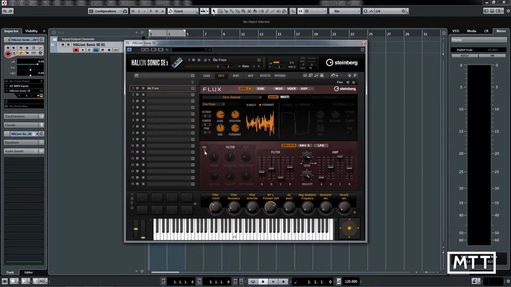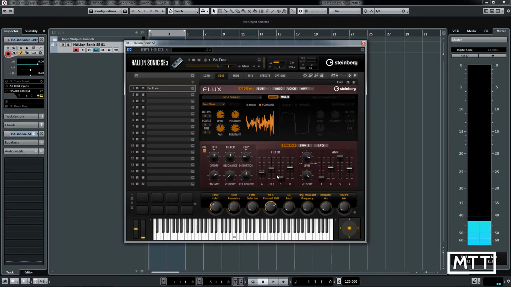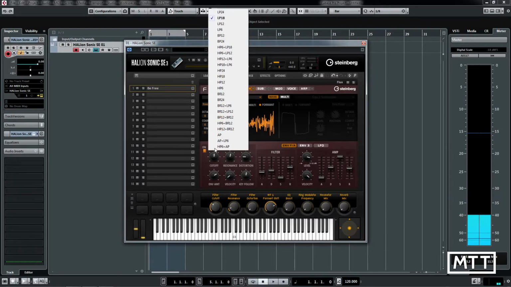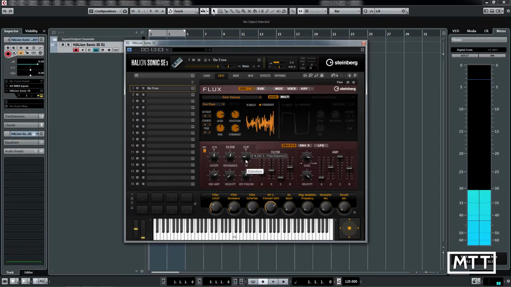Now, the filter section, we can see is a fairly typical filter in some respects. So we've got an ADSR to control the filter behavior, etc., as you can hear there. Loads of filter types, much like the sampler track's engine, so I'd imagine they share a fair bit of their code. We've got resonance, as you'd expect, distortion,